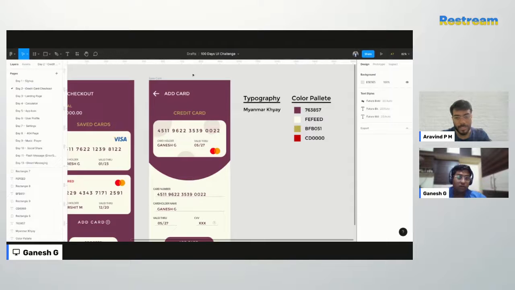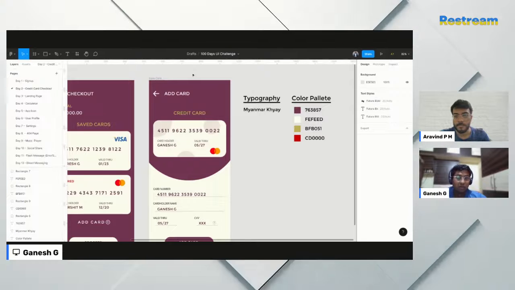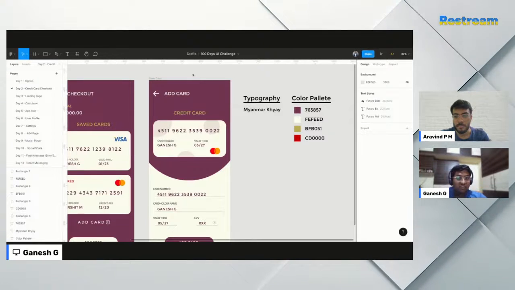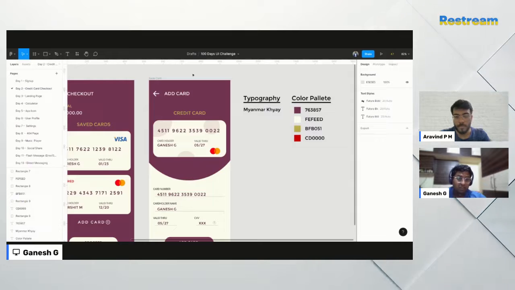You don't have to use the color dropper to get the exact color. Sometimes in the color dropper, when you're having pixelated areas, the color changes. That happens for some reason. Arvind, you can also increase the gradient. Just one last thing is I've used a